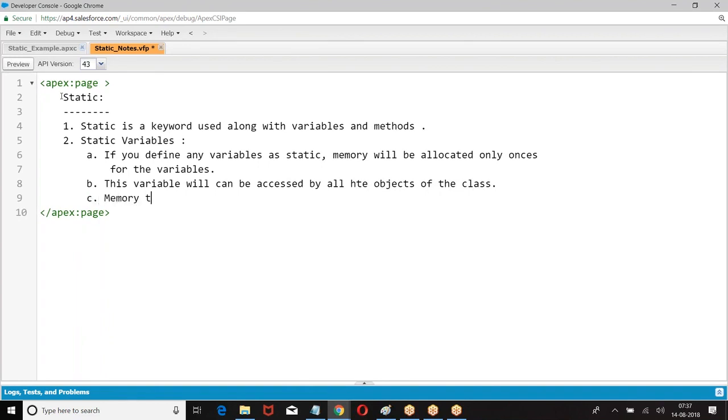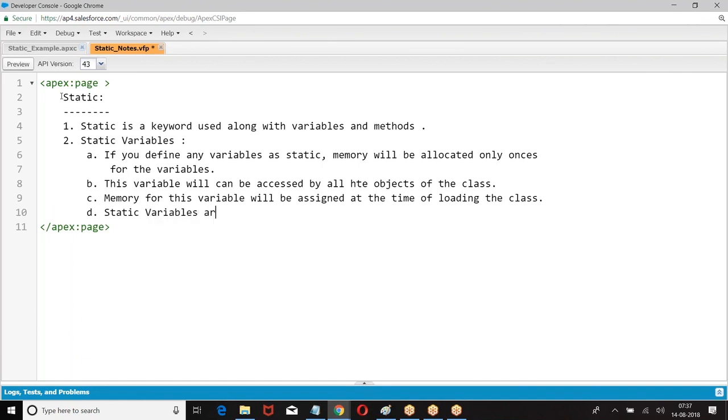Memory for this variable will be assigned at the time of class loading. Static variables are accessed using class name.